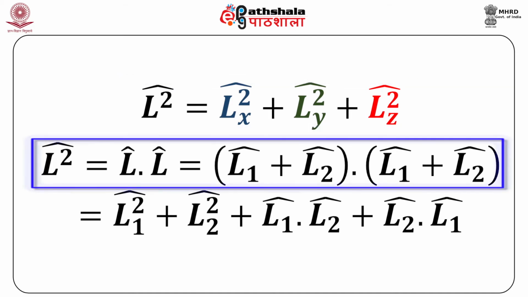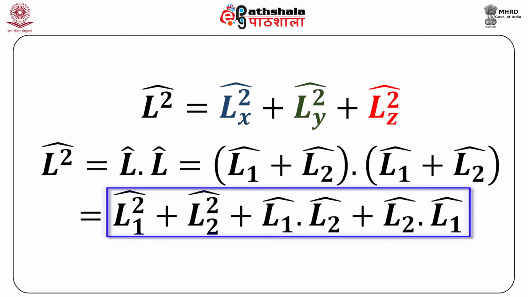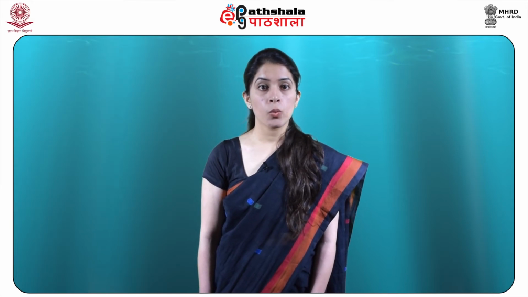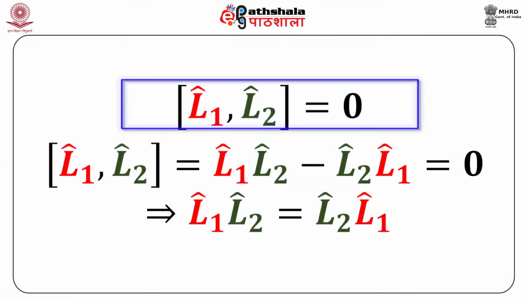Now, which means that L square becomes L dot L, and if we substitute L, we get this as a product of L1 plus L2 into L1 plus L2, which on further simplification gives the expression as L1 square plus L2 square plus L1 L2 plus L2 L1. Since L1 and L2 refer to different electrons, they will commute with each other since each of them will affect only function of the coordinates of one electron and not the other. Or we can say, since we have a non-interacting system, they will commute. So, if they commute, we get the expression L1 L2 commutator as 0.